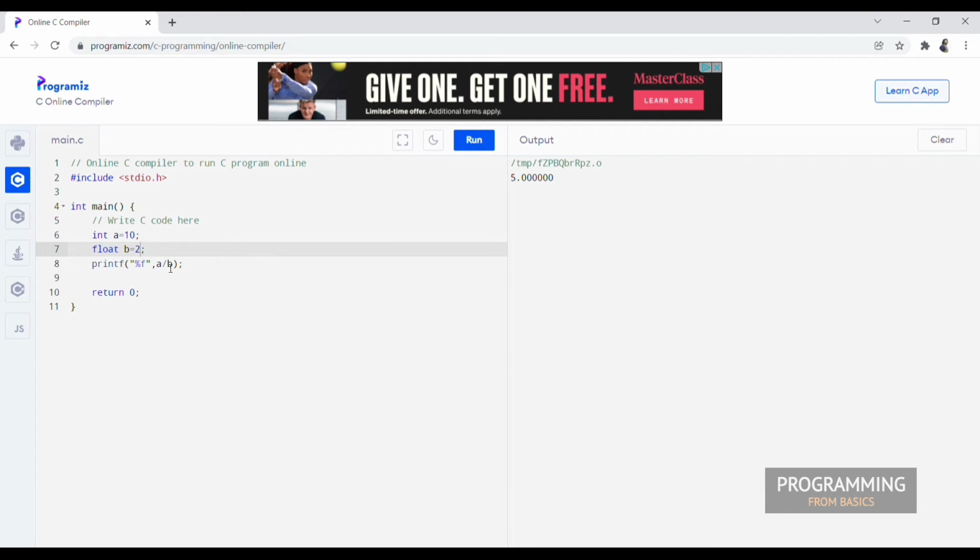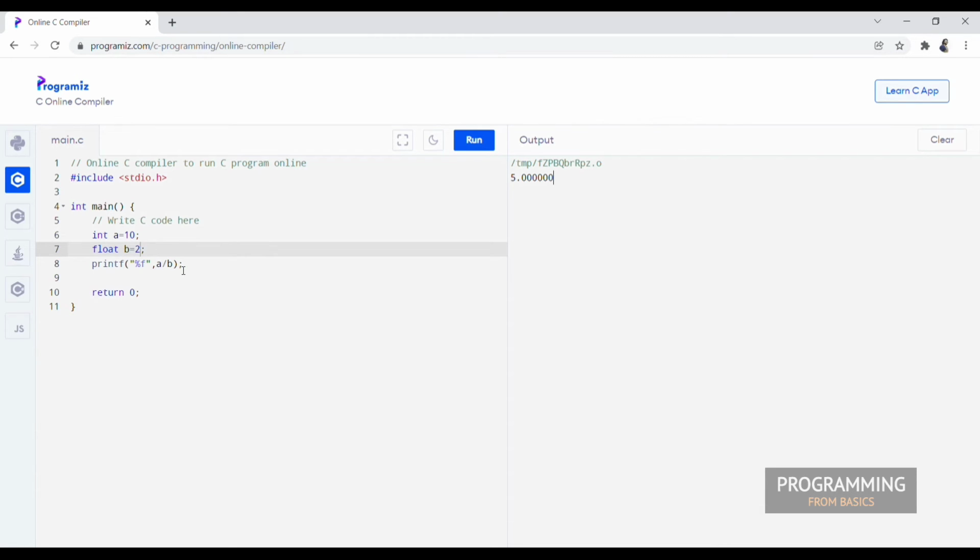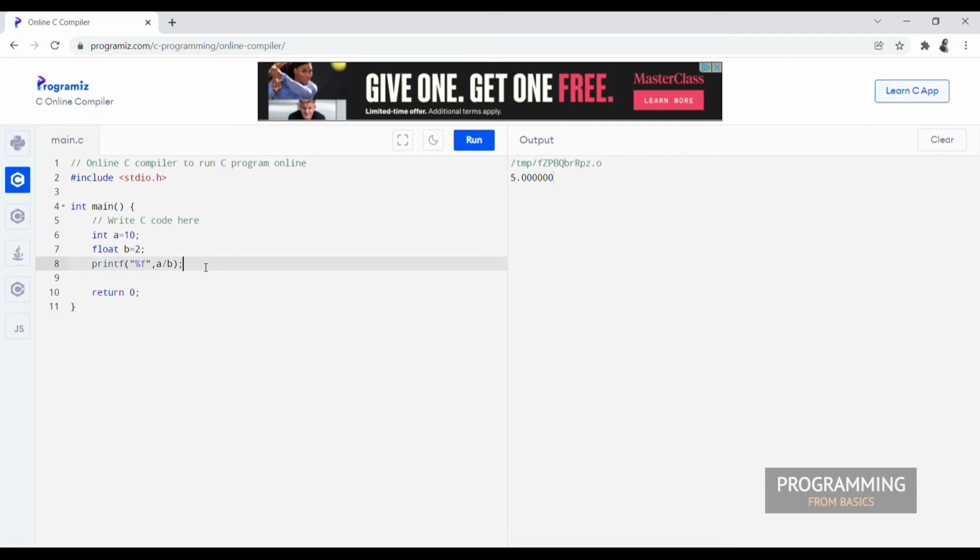What is the meaning of this division a by b? A by b is nothing but your quotient. A means numerator, b means denominator. In some videos, they give the naming convention for a as num and for b as den. So here we are getting the quotient, the quotient of two numbers. If someone asks you, I don't want the quotient, I want the remainder also, then for that what you need to do is,